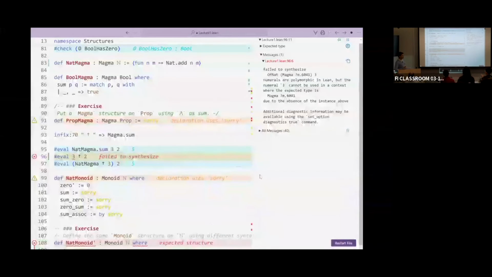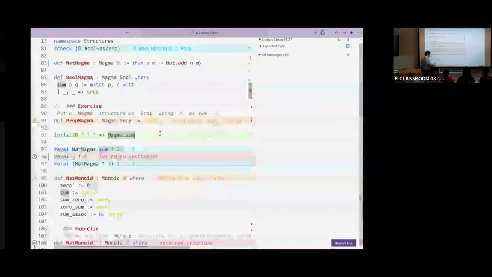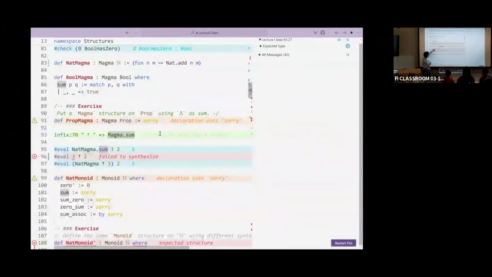So in line 93, you said something about assignment. What is this line doing? This line is saying, I have defined this binary operation, which is magma sum, and I am attaching a notation to this binary operation by saying that dagger is the notation for it. So instead of typing magma.sum, I can type dagger.